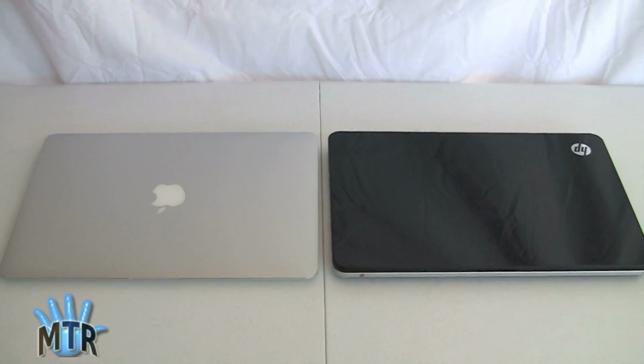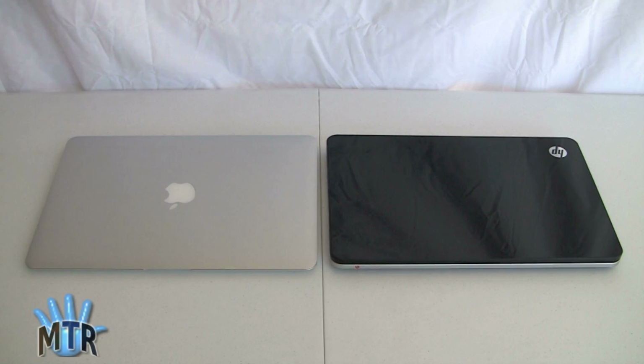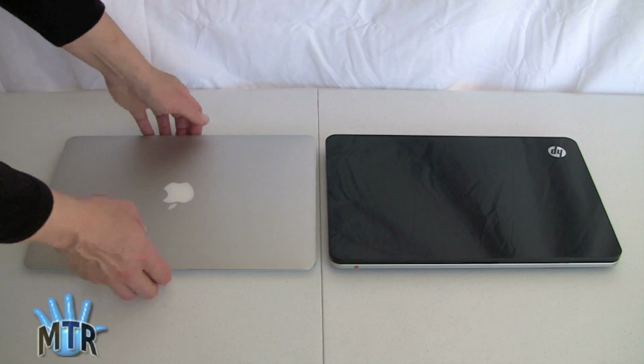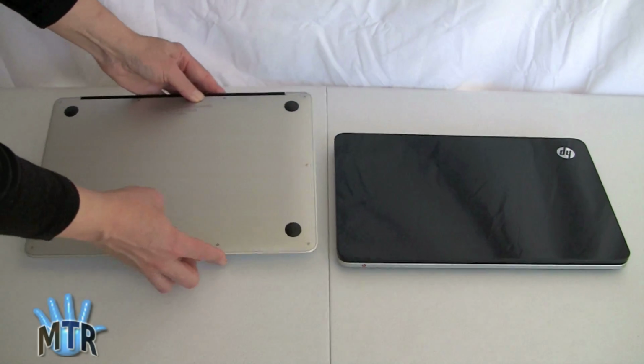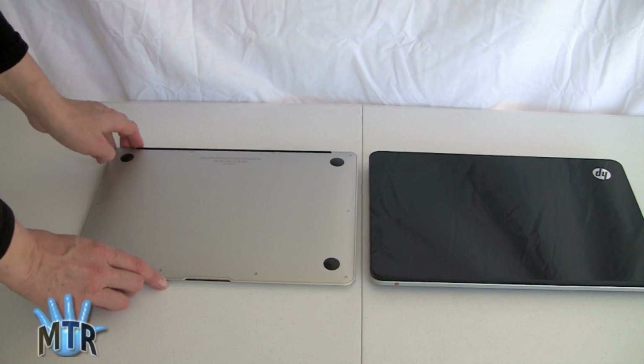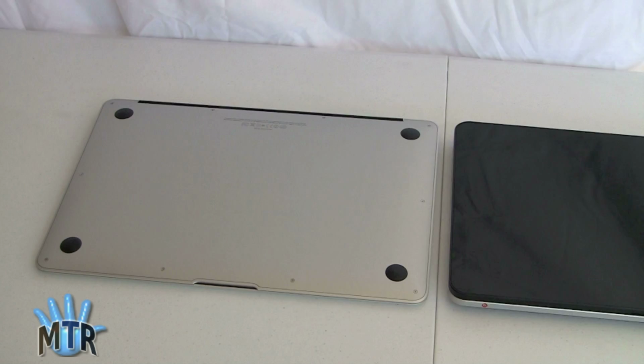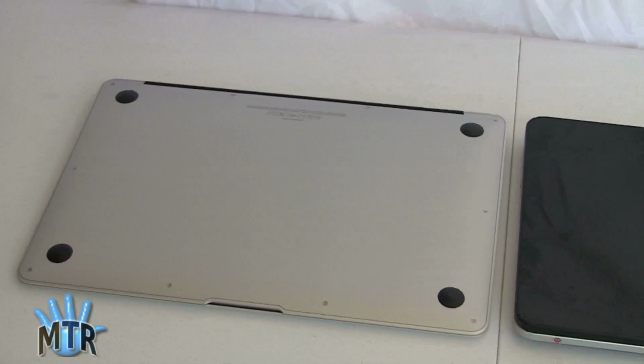Now let's talk about expandability in terms of internals. Ultrabooks, well, you know, they're not the best for that. To make them so thin and light and give them the kind of unibody casings a lot of them have, they're just not meant to be taken apart. In fact, the batteries aren't even removable. You look at the bottom of a MacBook Air, and you have lots of teeny tiny Torx screws. And you can get in there and actually access your parts. You can get to the battery in there, you can get to the SSD drive,